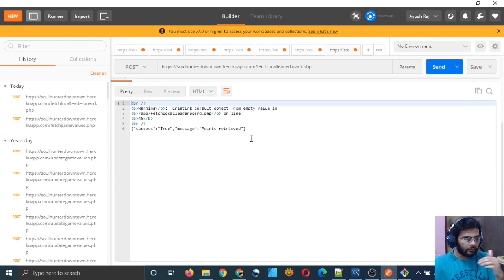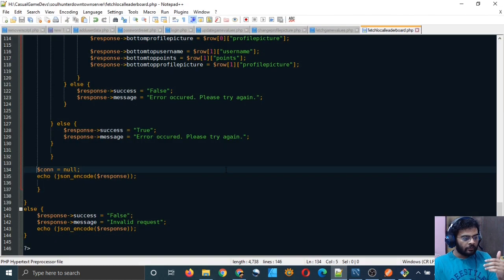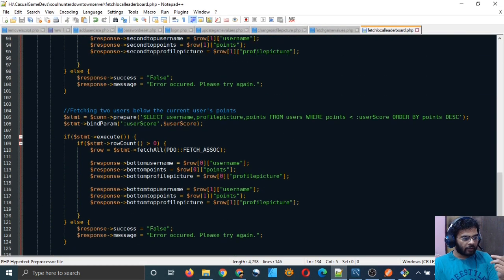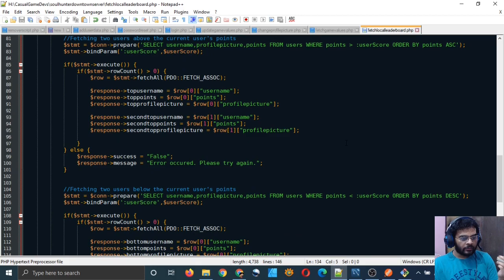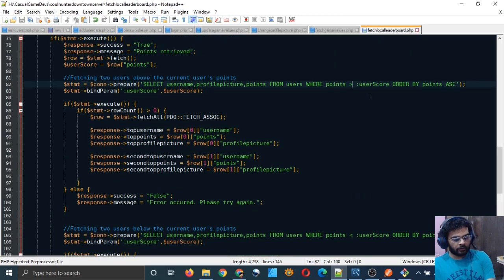Oh yeah, nothing was retrieved because this may have been empty. So somewhere we have to put greater than or equal to also, equal to the user score. It can be our user itself, right?